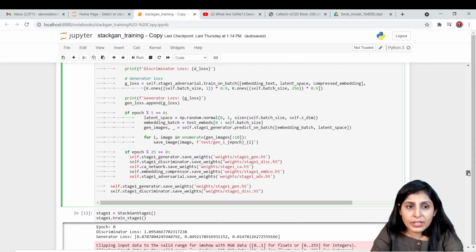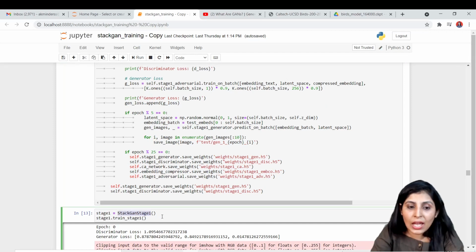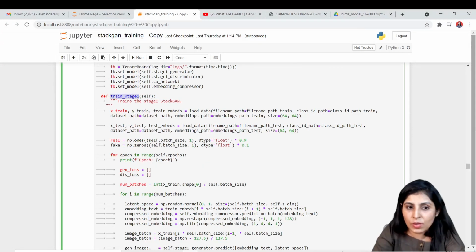So when you run this code, over here the output is not... So now we are calling that class StackGAN stage 1, and we are using which function? train_stage_1. Where is the train_stage_1 function? This is train_stage_1.